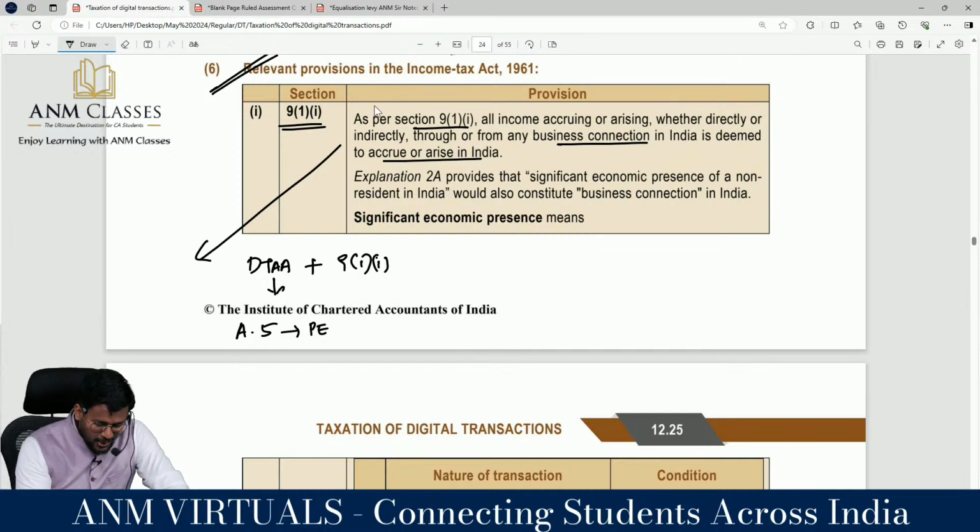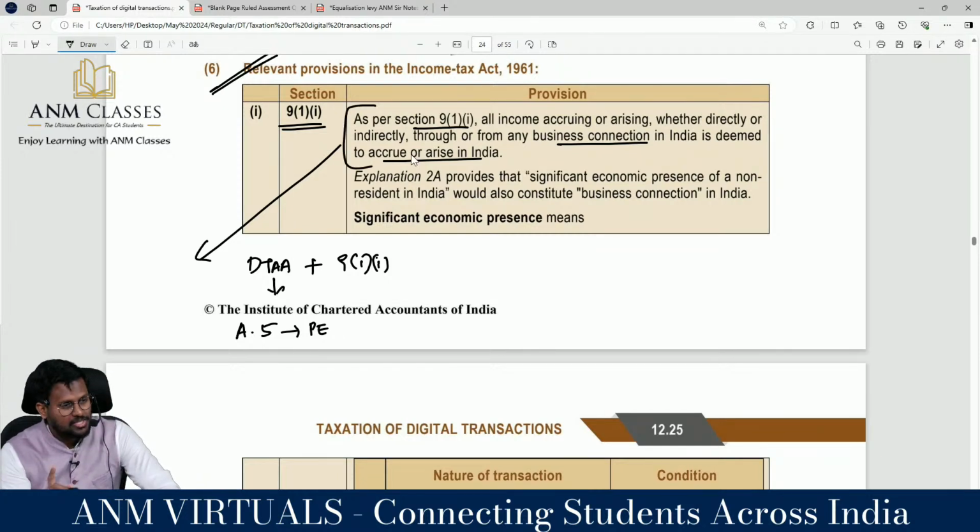Alright. So as per Section 9 subsection 1 clause 1, all income accruing or arising, whether directly or indirectly, through or from any business connection in India is deemed to accrue or arise in India. What DTAA is saying is that there should be a permanent establishment. But what the Income Tax Act is saying is that we don't believe in permanent establishment. We believe in